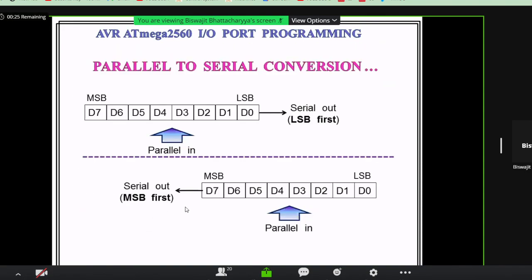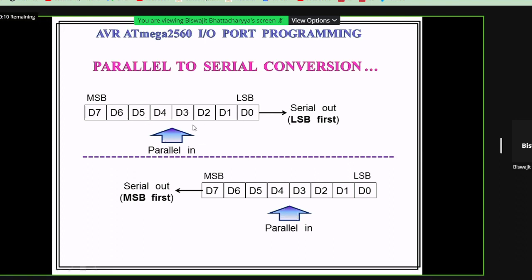Our next application is parallel to serial conversion. Consider that there are 8 bits stored in a register, any 8-bit variable. These 8 bits are a combination of zeros and ones. Now these 8 bits will be transmitted bit by bit through one particular pin of the output